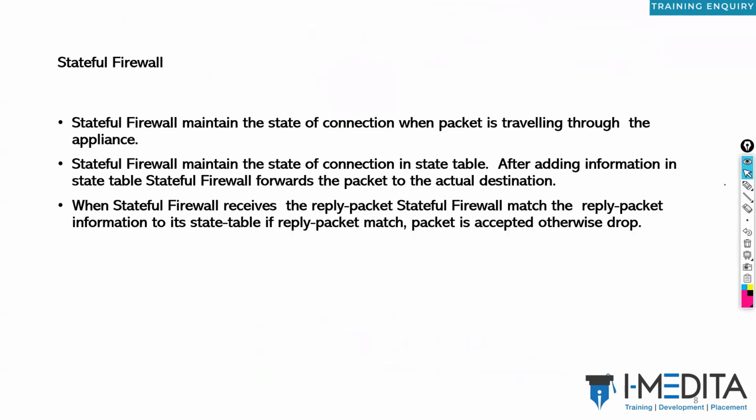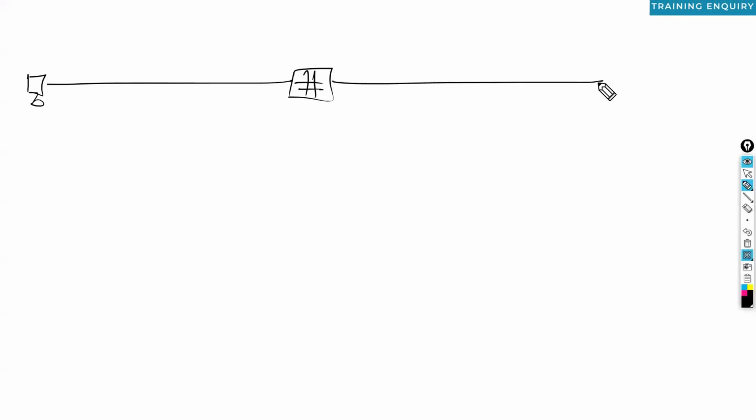Next, we have another firewall technique. This is the stateful firewall. Before going with the theory, let's understand it with the help of a diagram. We have a PC here. The PC is connected with a switch, then it is connected with a firewall. That firewall is a stateful firewall. Then next we have a server. For easy understanding, you can note down the IP addresses like